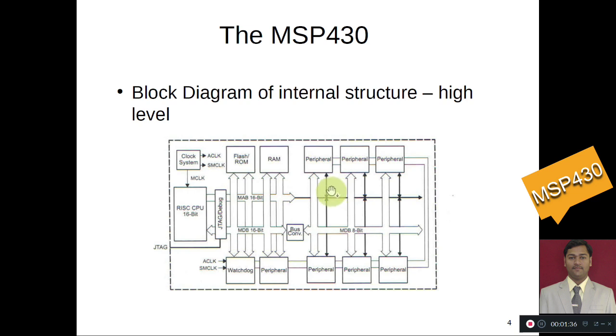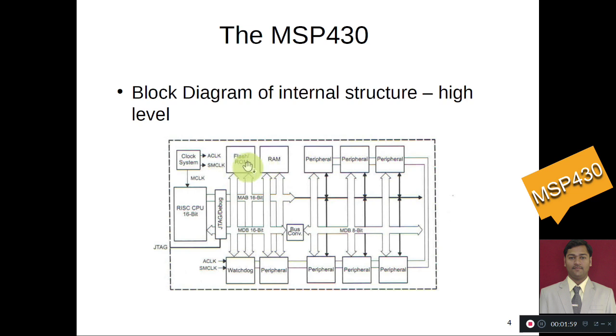This is a generalized block diagram of MSP 430. As we can see here, it includes a RISC architecture, 16-bit CPU, and the overall architecture is inherited from von Neumann style. So there is a clock system, and memories are present there.